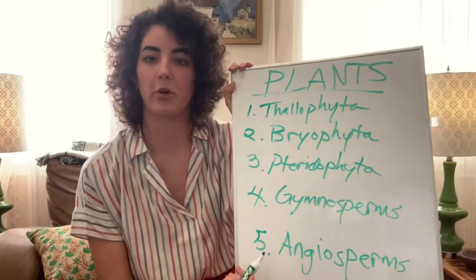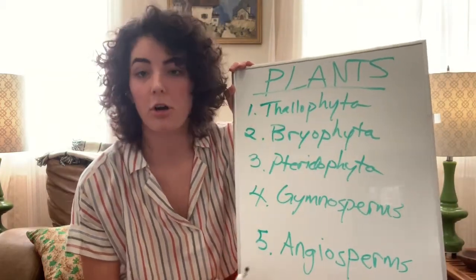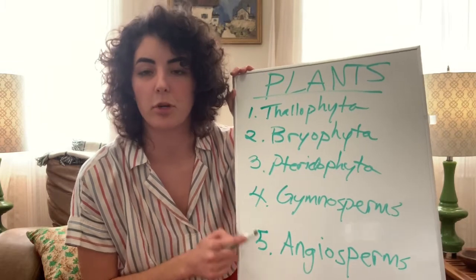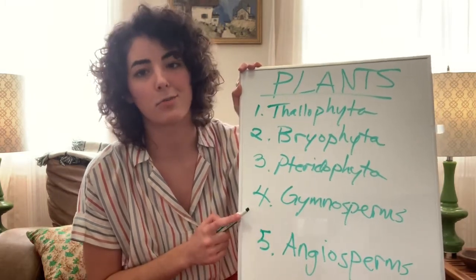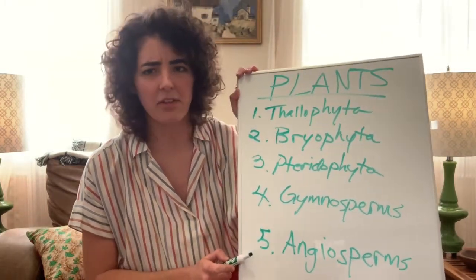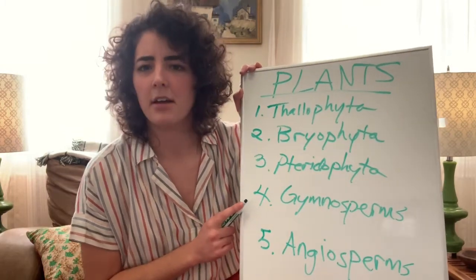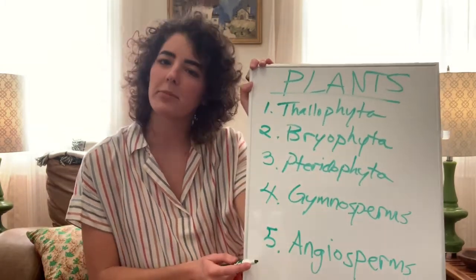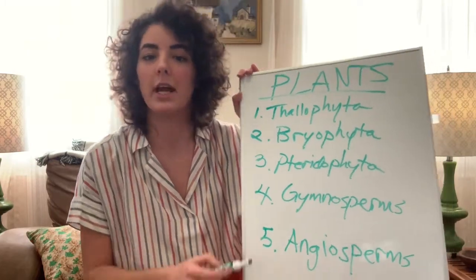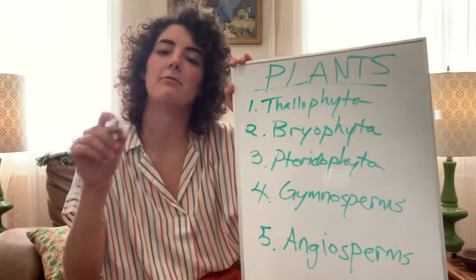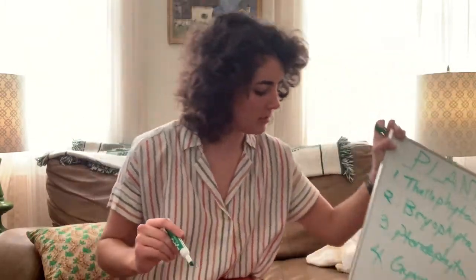Let's ask the angiosperms. So the angiosperms are also vascular plants like the gymnosperms. They also produce seeds like the gymnosperms, but they don't just leave them out there naked and exposed. They cover up their seeds with fruit. So our angiosperms are our fruiting and flowering plants. So all of our wildflowers, fruit trees, most trees that we think of that aren't conifers are our lovely angiosperms. But we are not talking about those today.